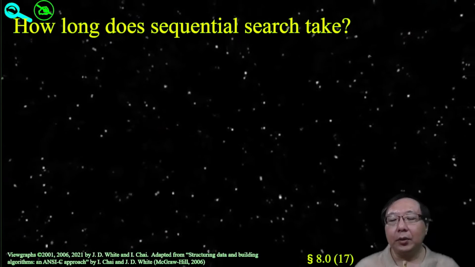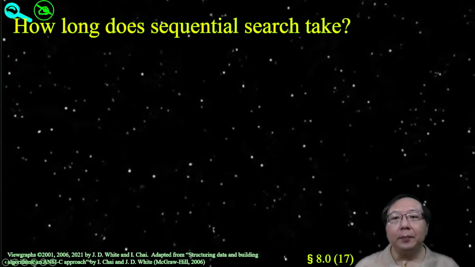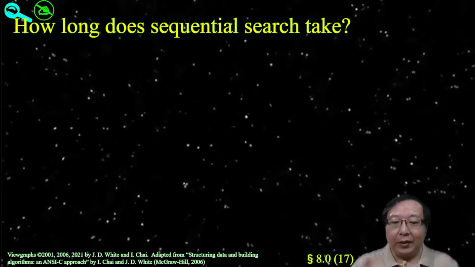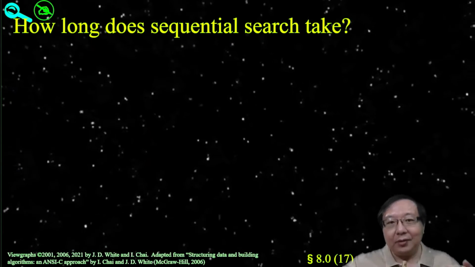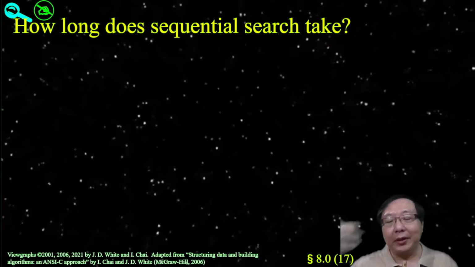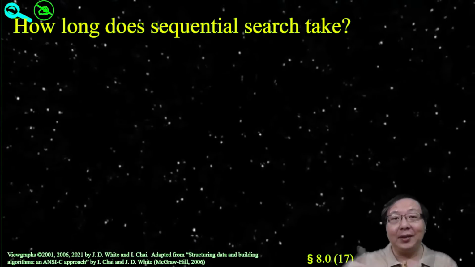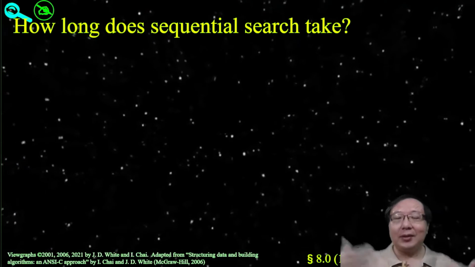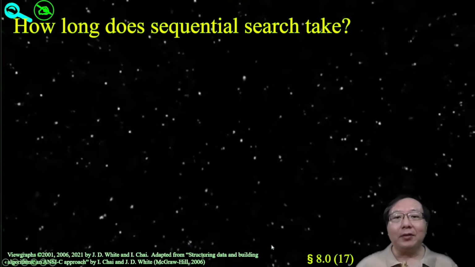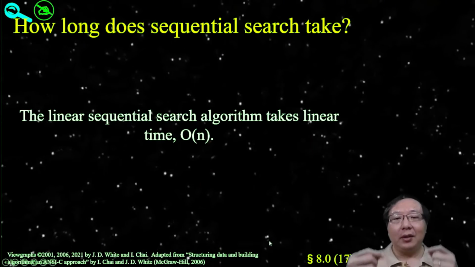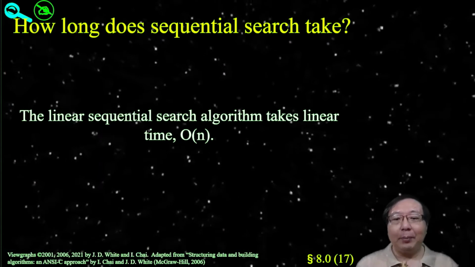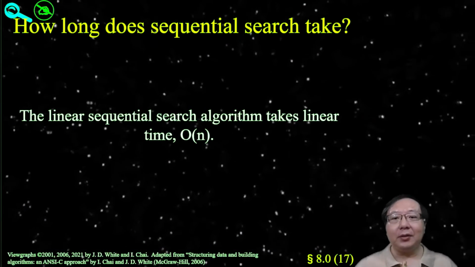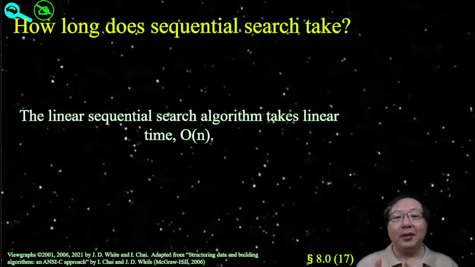So how long does sequential search take? Well, consider that it goes through one by one. So, if there are 10 things, then it's going to take 10 times at most. Like if the thing you're looking for is the last thing, it'll take 10 steps, right? If there's 100 things, then it's going to take 100 steps. If there's 1,000 things, then it takes 1,000 steps. So the amount of time it takes is linear according to how many things there are, right? So if the number of things is n, then it's going to take on the order of n times